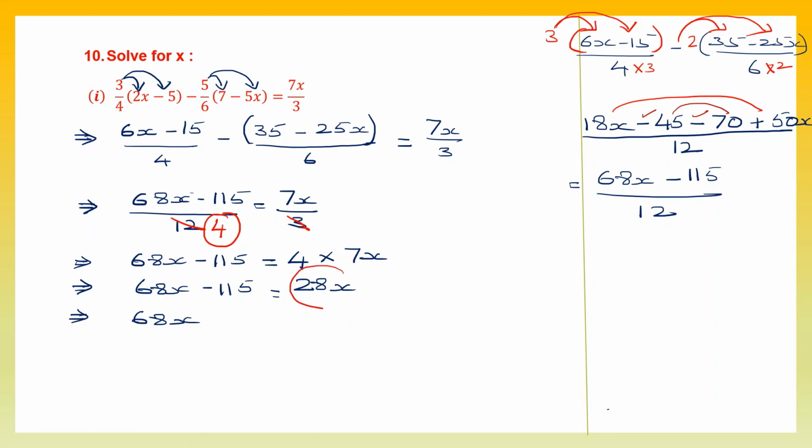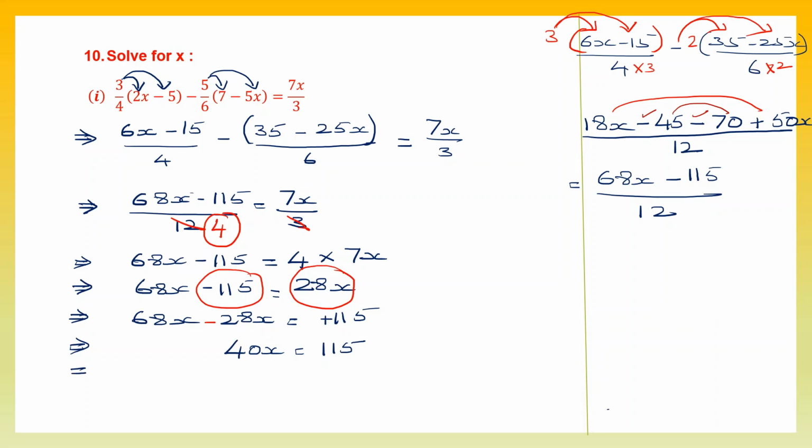When 28x comes to the left-hand side, it becomes minus 28x. And I'm going to transpose minus 115 to the right-hand side. It becomes plus 115. So here, let's solve this. 68x minus 28x: 68 minus 28 is 40. So 40x is equal to